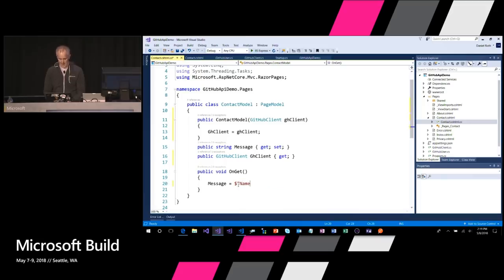So name will be, we need to actually use the client. So var user equals await. This needs to be async Task. Good. Await GitHubClient.GetUser, and I can pass in my username. All right, and let's use it here. So user dot